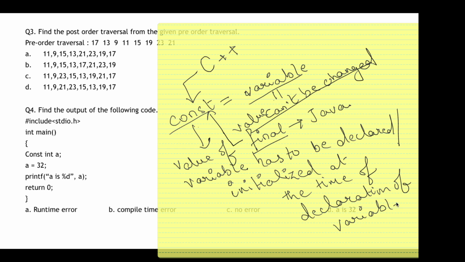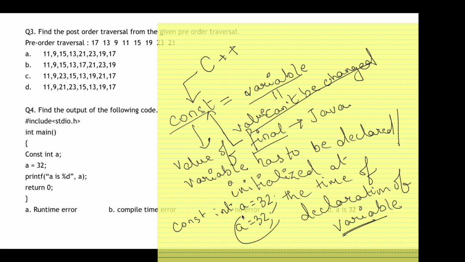Whenever I state constant int a, at that time only I have to assign the value 32. I can't do that later in the code. If this is done somewhere, it is an error.